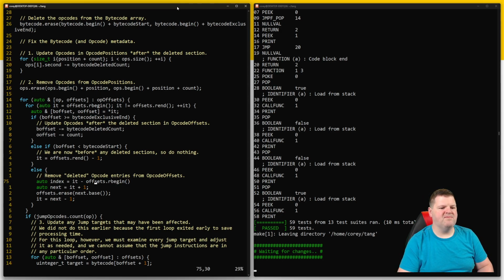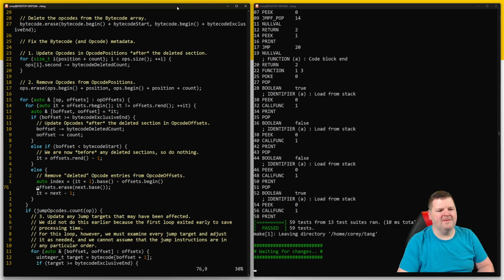Begin. So I can change it to say iterator +1 dot base. That should work. Index, okay, and now I should be able to erase the index, and now the iterator will be